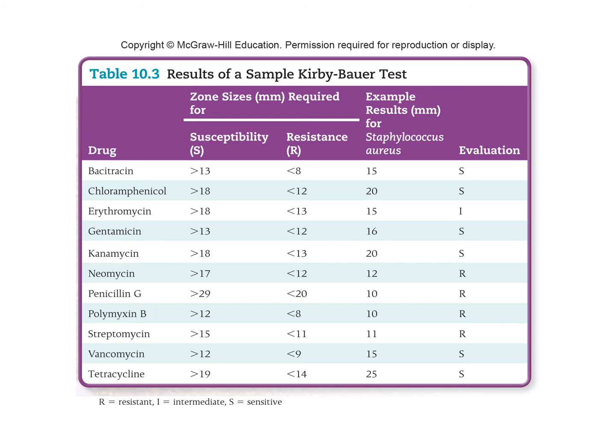So obviously on this particular evaluation, we have 1, 2, 3, 4, 5, 6 different medications that are actually susceptible to basically having that zone of clearance, which means that those medications will work on Staph aureus. So we could use those and know that they're going to work, okay?